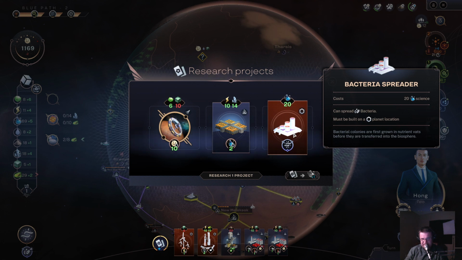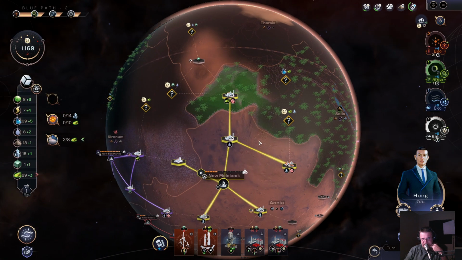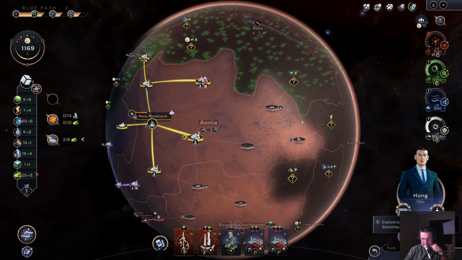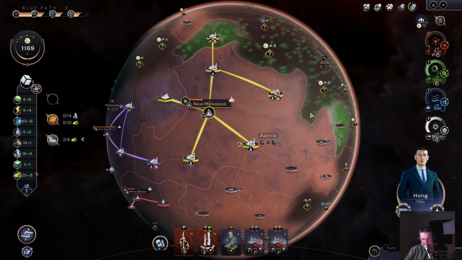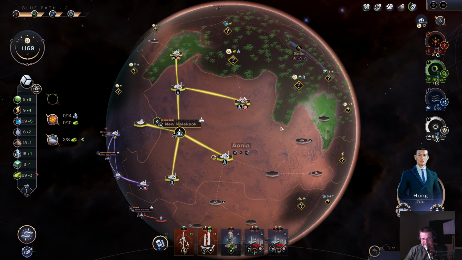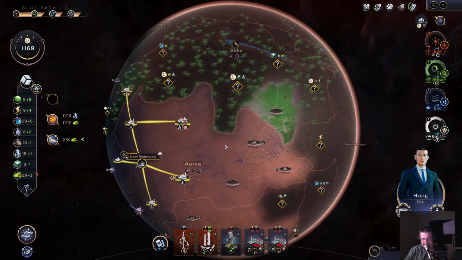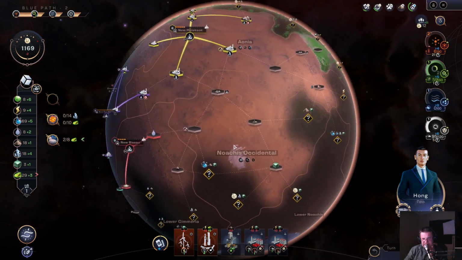Yeah. I don't think we need another bacteria spreader, but maybe. Let's think about this. So we've got our mine there. We're lacking food. Let's explore here so we can build up this crater spot. There's 2 cities here. That would be a really, really good spot for us to do. Well, maybe. Next time we'll try to explore here so we can just get some more regions to...